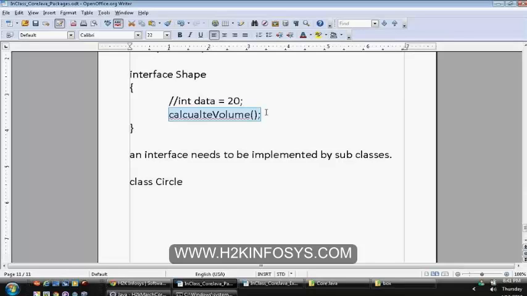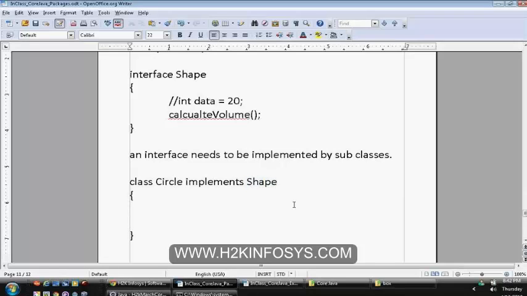You can't escape or leave any method without implementation. To specify that you are implementing an interface, you need to use a keyword called implements, and then the interface name. So here your class circle is specifying that I am implementing the shape interface.